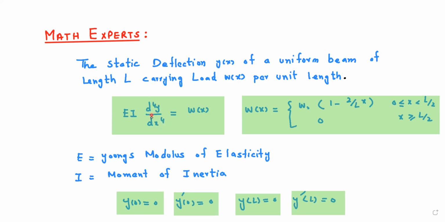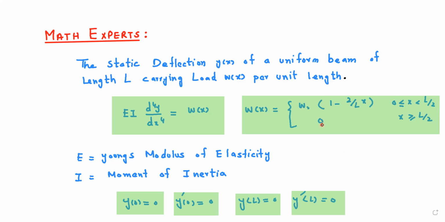This is the fourth order ordinary differential equation, equal to w of x, where w of x is equal to w naught into (1 minus 2/L x), where 0 is less than x is less than L/2, and it is equal to 0 when x is greater than or equal to L/2. It means the load w is on the half of the beam, when the length of the beam is from 0 to L. So in the first half the load is w naught into (1 minus 2/L x),